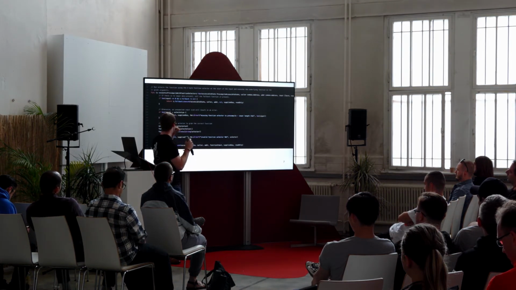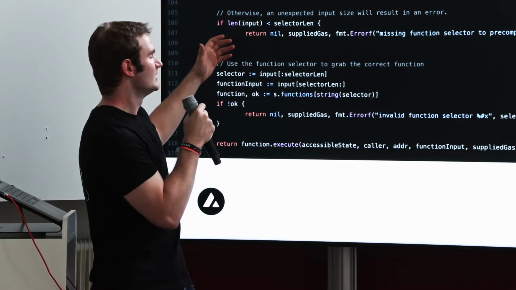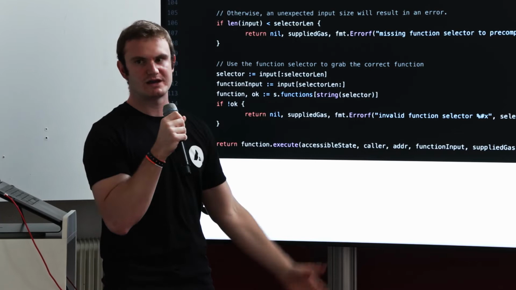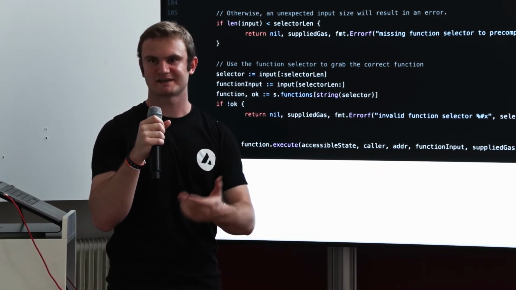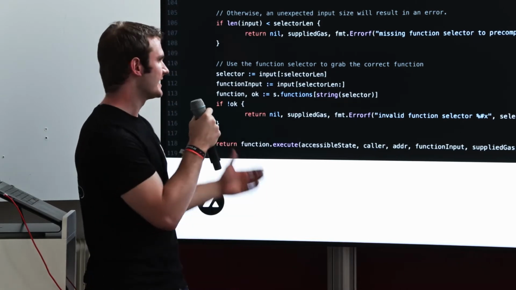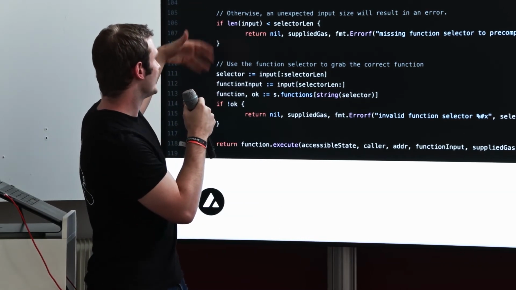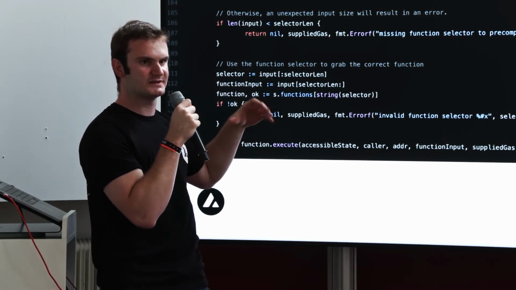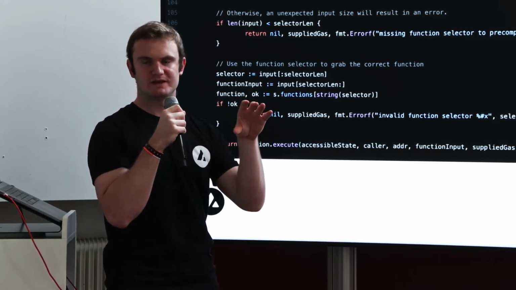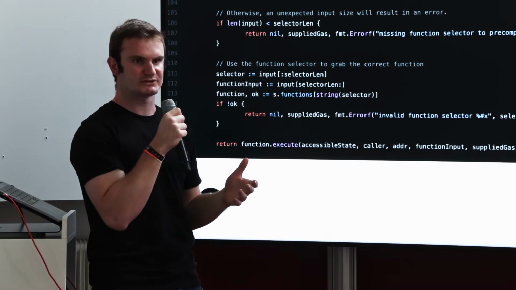And so we, in the exact same way, created this interface so that there is a fallback function that you can define. You can define how that function gets executed, in the exact same way as if you're programming in Solidity. And in addition, we have function selectors, which follow the exact same way that Solidity defines, based on the input data to a call, which function should actually be invoked.